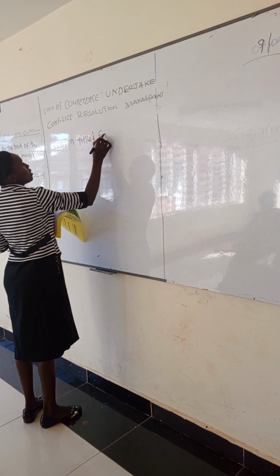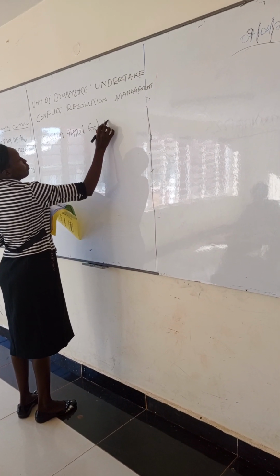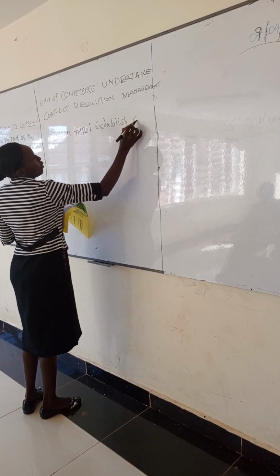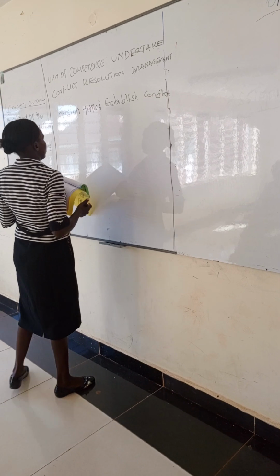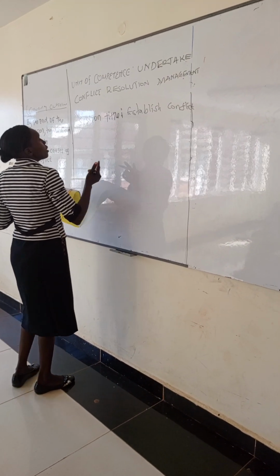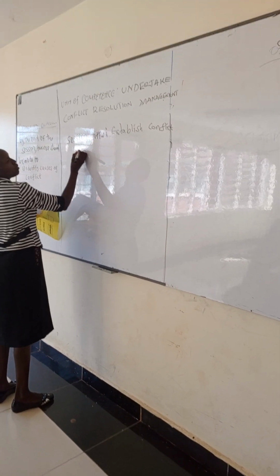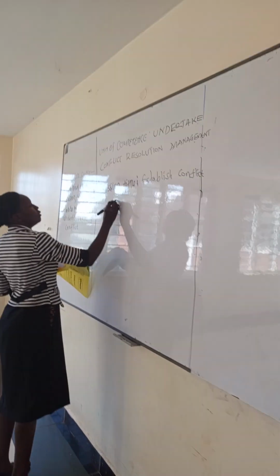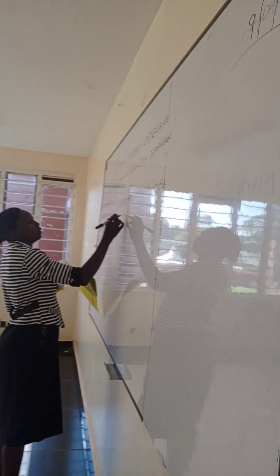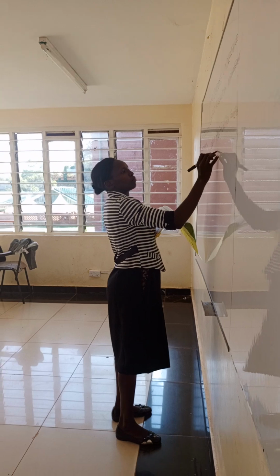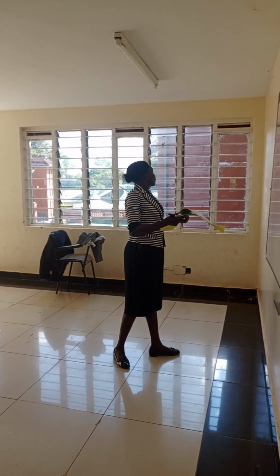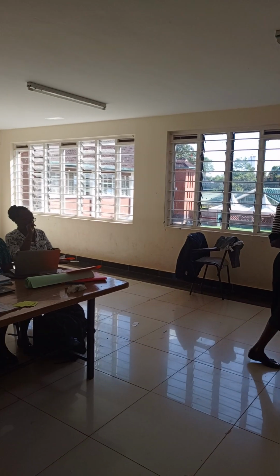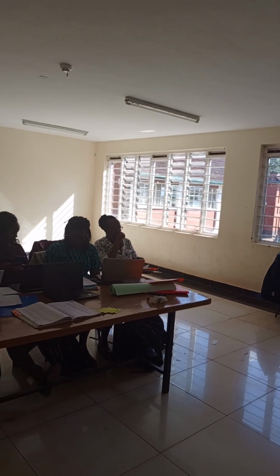The session title is establish conflict. And then our learning outcomes today is that by the end of the session, the trainee should be able